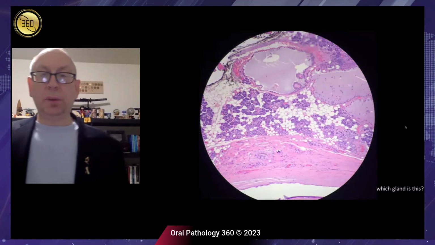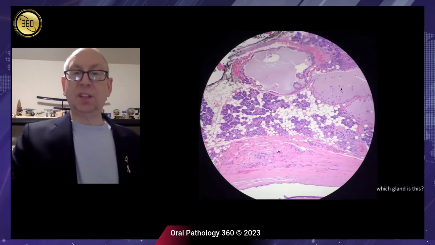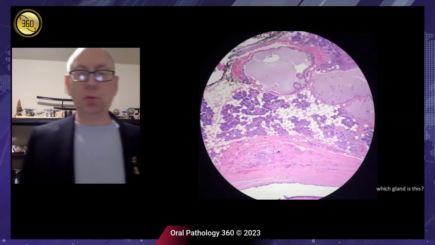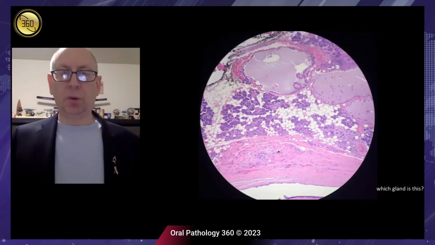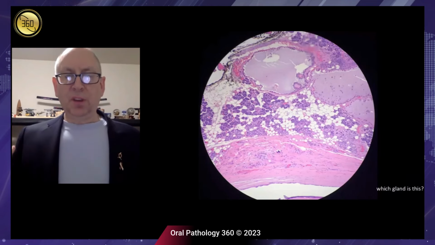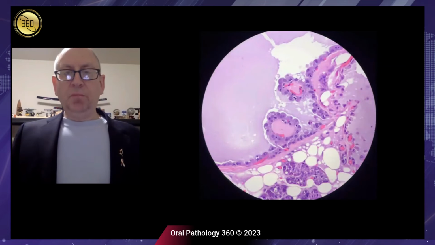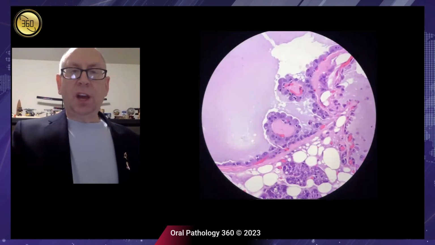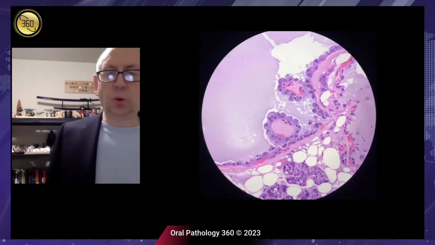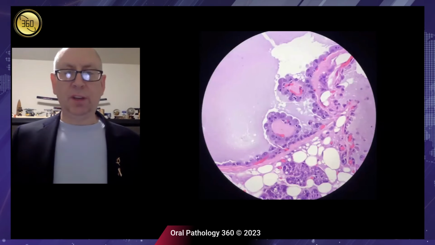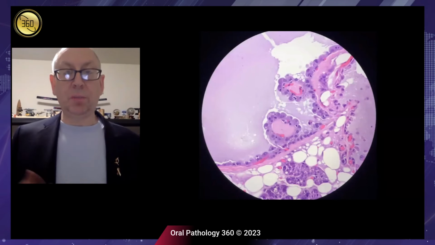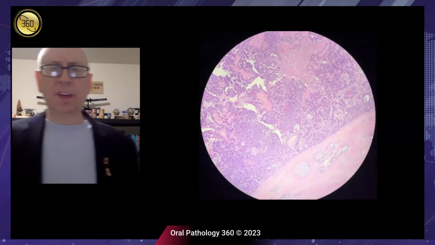But when we start going a little bit higher power, we will start to see cystic areas that have some sort of secretion in the center. So we start thinking about, okay, what are our tumors that have some kind of secretory component? So acinic cell carcinomas, mucoepidermoid carcinomas, secretory carcinomas. And then we start looking high power. Now we can start teasing out the cytologic features of these. So what I know is I have cells that look somewhat basophilic. So I can start saying, okay, maybe I'm leaning towards acinic cell carcinoma here because of the basaloid or the basophilic characteristic.